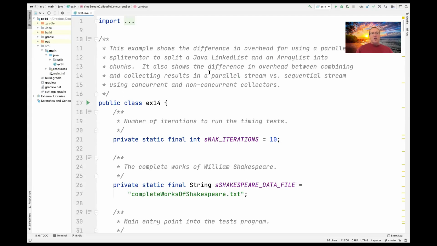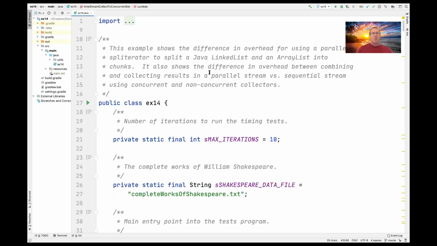So now we're going to look at a new example of Java streams and parallel streams, and we're going to see ways in which you have to be thoughtful about the type of collections you use based on the types of streams you create. And we'll see in particular that if you have collections that are based on implementations that are either inefficient to split or which split unevenly or both, when you try to use parallel streams, you'll get